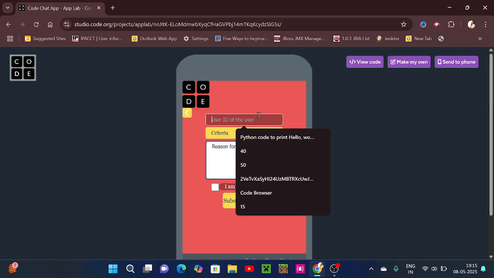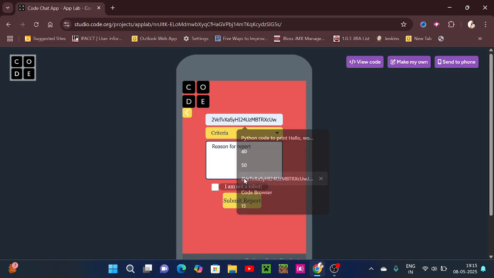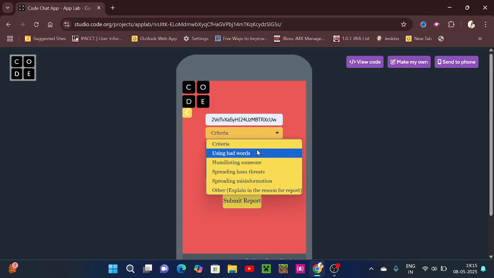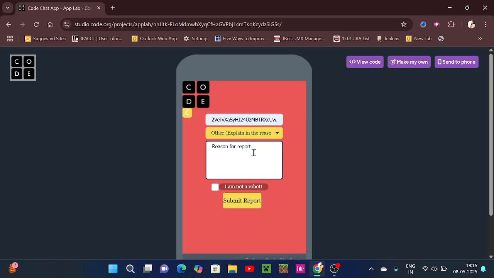And I'm not a robot, so I just put a random ID here. For criteria, I'll just put other, and this is a test because I'm showing you the working. And now I'll just click this checkbox and submit report.